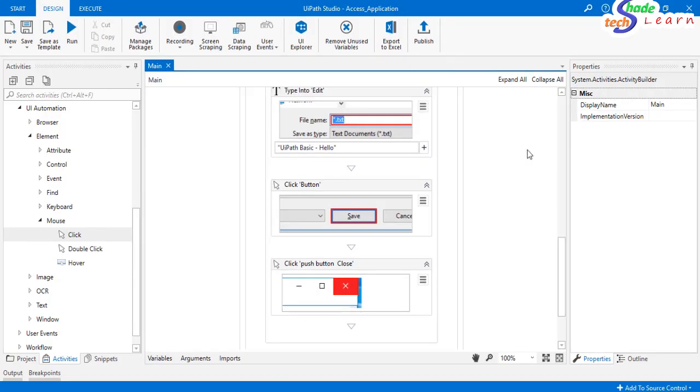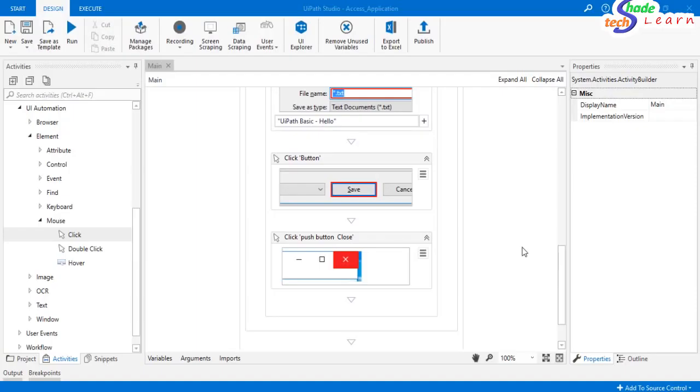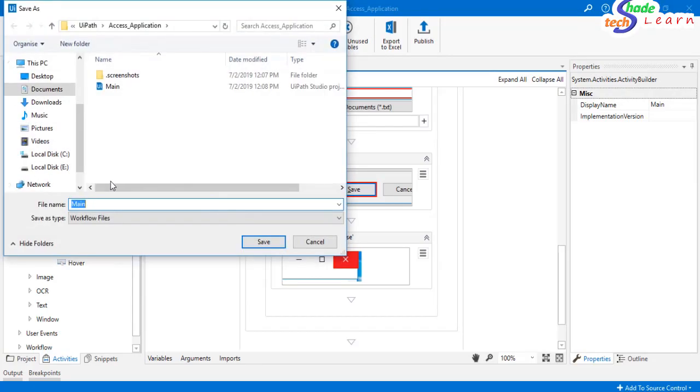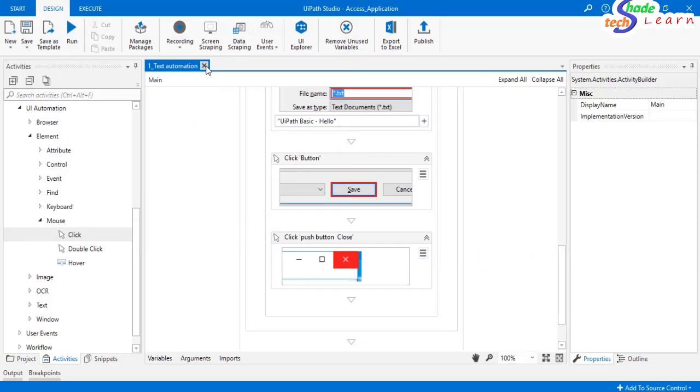Okay, so you have the first basic bot ready. Let's save this process as a different file. Go to save, click on the drop down, save as, enter the name 1_text_automation and save it in the same location wherein you created the folder on the desktop. Okay,